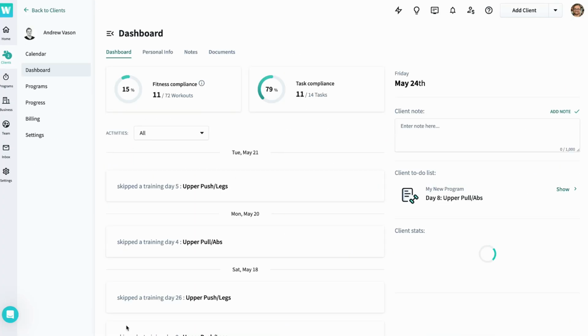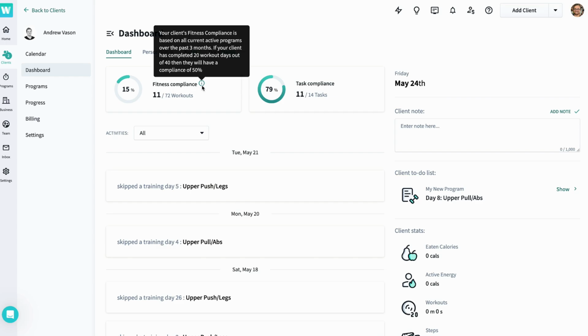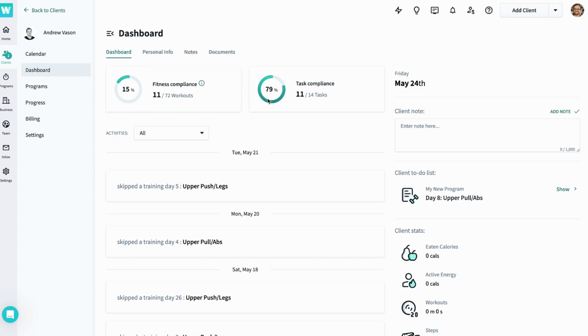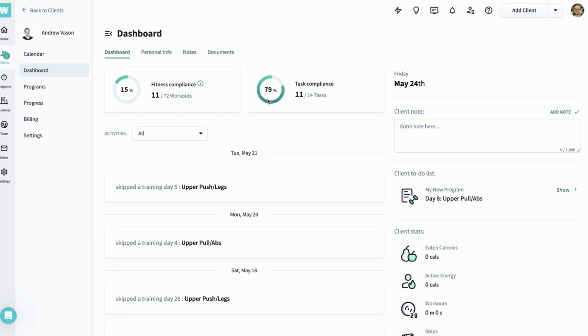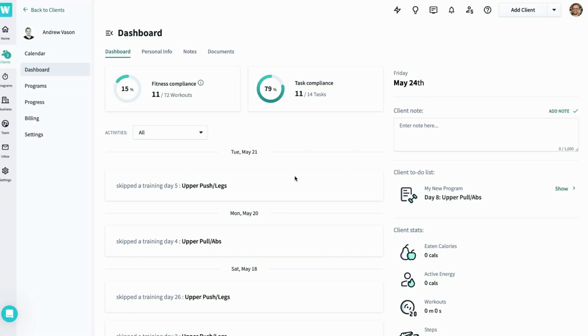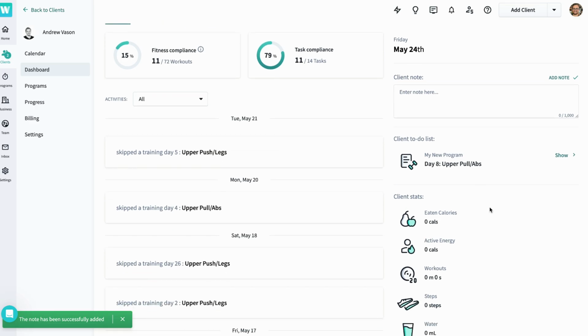From your client's dashboard, you can instantly see your client's fitness compliance, aka how often they're following their workouts, and their task compliance, aka how often they're completing reminders like habits, surveys, and more. You'll be able to add a quick note to your client's profile, which will be kept private from your clients. See what tasks they've assigned for that day, check out their daily stats, and then of course, see a breakdown